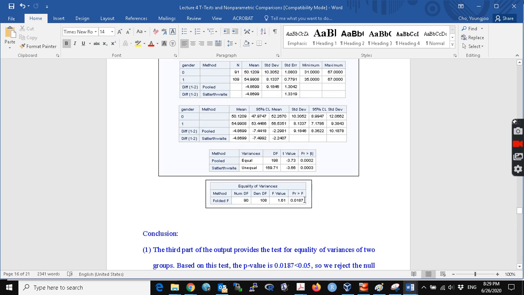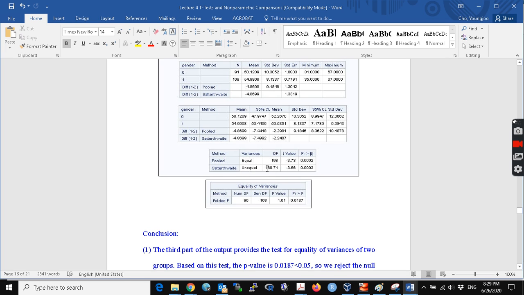So here we have the unequal variances. Which means that we reject the null hypothesis, which means that we have evidence that the two population variances are different. So we need to go to the Satterthwaite method. So we treat the variance as the unequal case, and then we